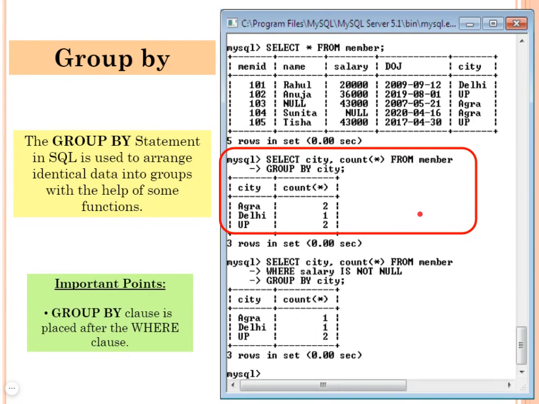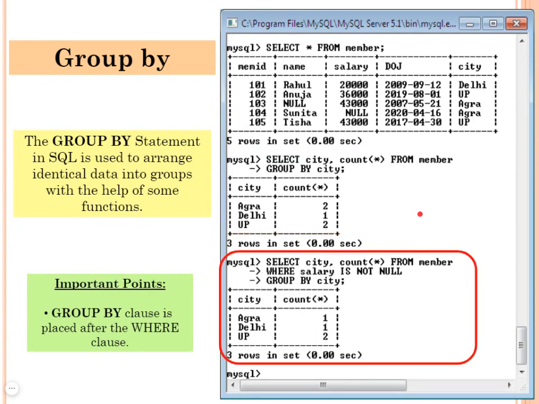Next query is SELECT city, COUNT(*). Again, city is the column and COUNT(*) is the second column. WHERE salary IS NOT NULL. Now, the WHERE clause is applied on a particular column, not on a group. So, where salary is not null, only the not null values are to be taken.